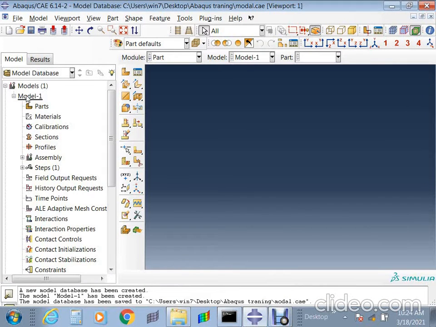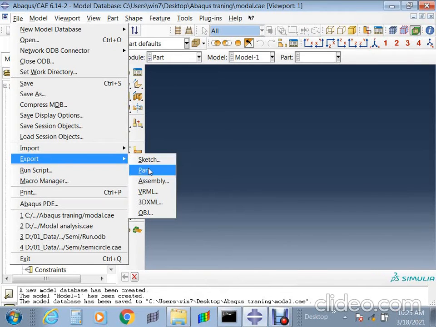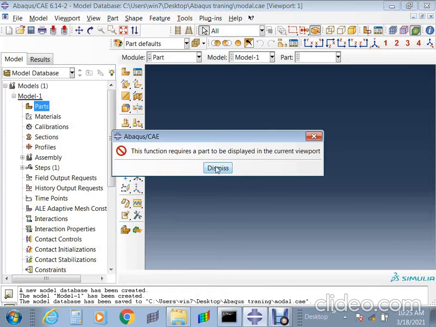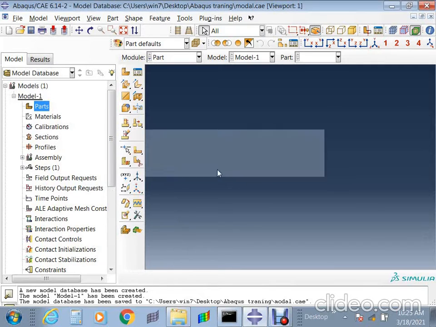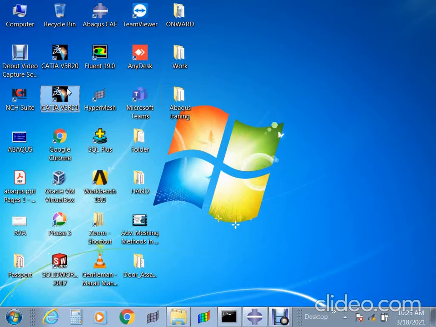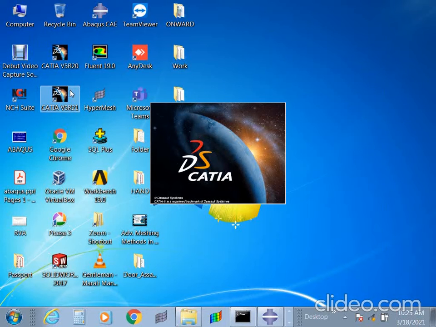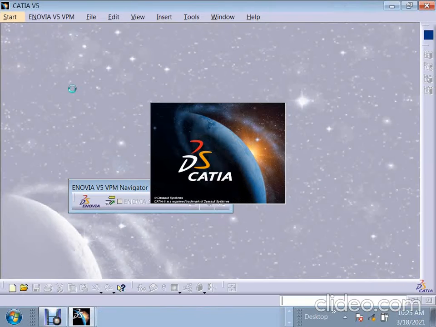Whenever you do a model and then you want to export it, you will have an option here: go to model, part, import, or you do export directly as a part. Part is missing, so it will not show. It will show as .igs or .stp. Typically, for any CAD software, what we want is .stp or .igs. For example, I'll show you one thing. In CATIA, if I do CATIA modeling, it will be saved directly as a CATIA part.